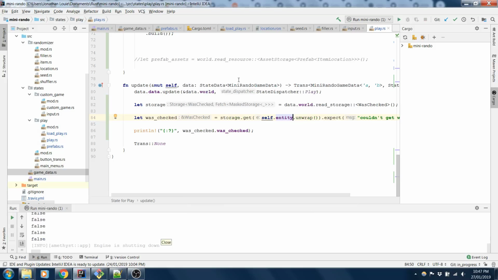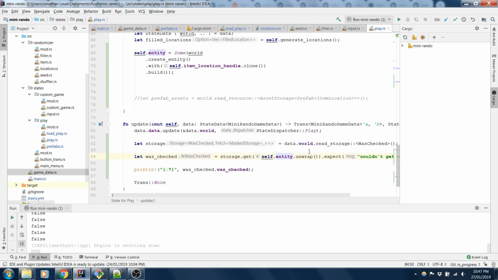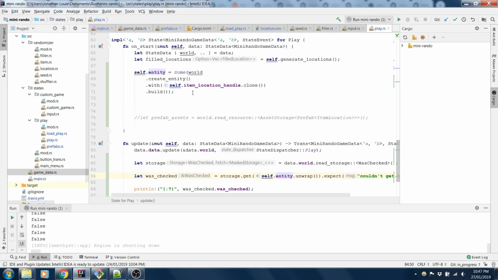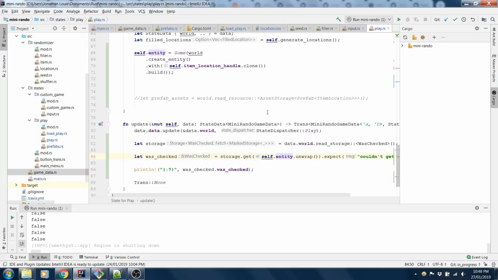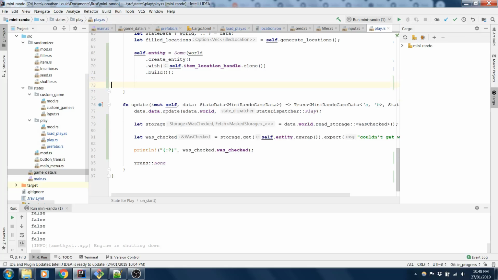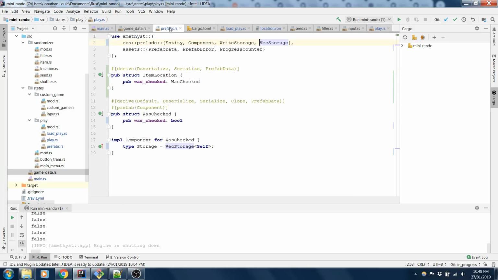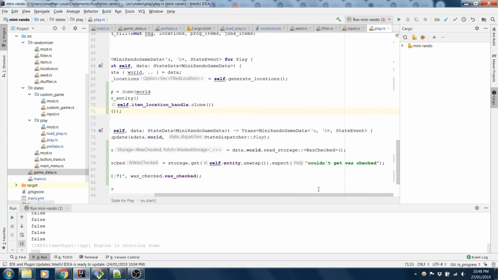Okay, so the trick is you absolutely cannot get the entity from storage until after you've finished onStart. So onStart allows you to create entities, but those entities don't exist yet until update is run. So there we go. We finally have the answer that we're looking for: how do we use prefabs. I finally have code that works,